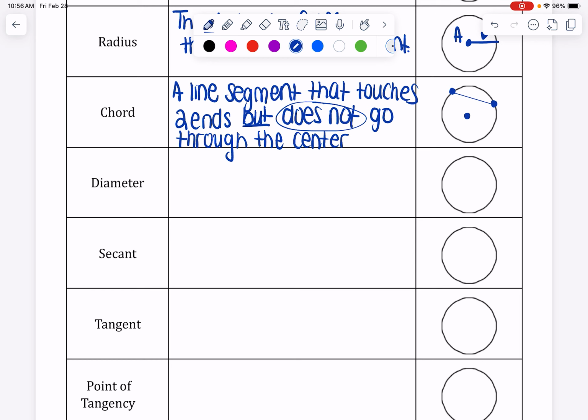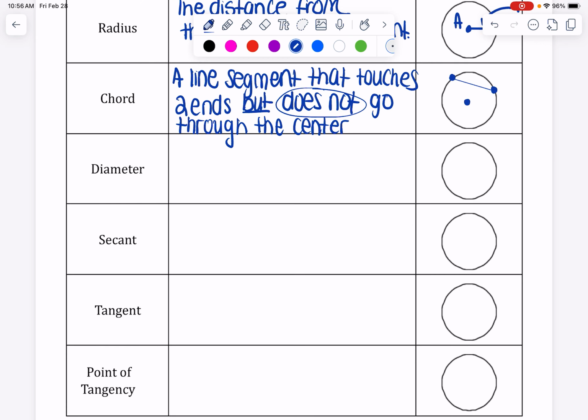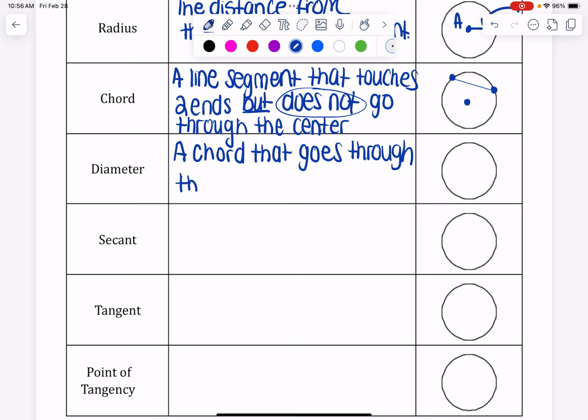A diameter is a more specific type of chord. So a diameter is a chord that goes through the center point. Or I could just say the center. Remember, your diameter is equal to 2 times your radius, okay? So in other words, if we have our center point here, our diameter would go through that. That would be